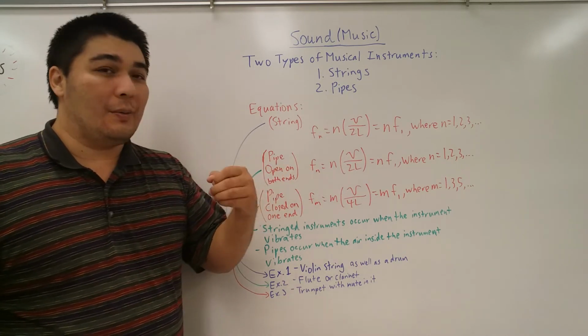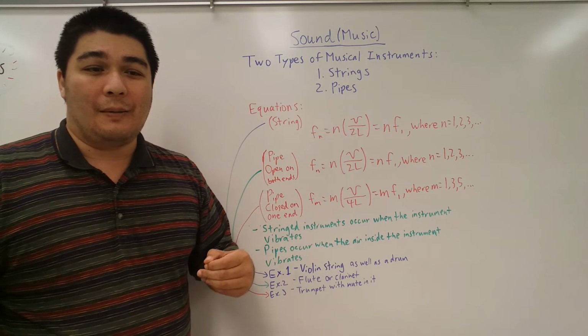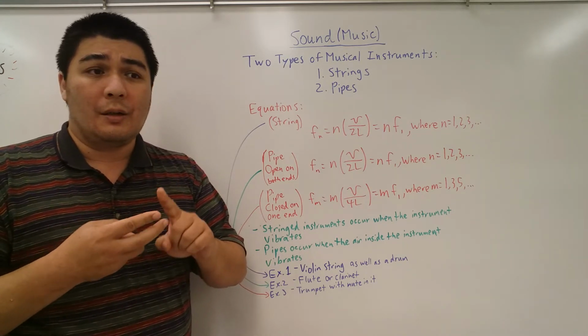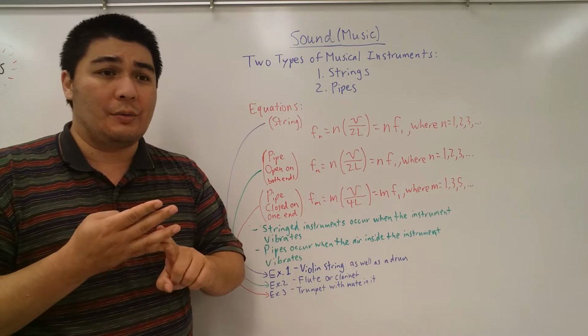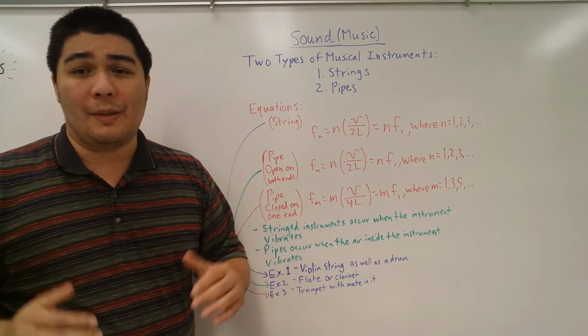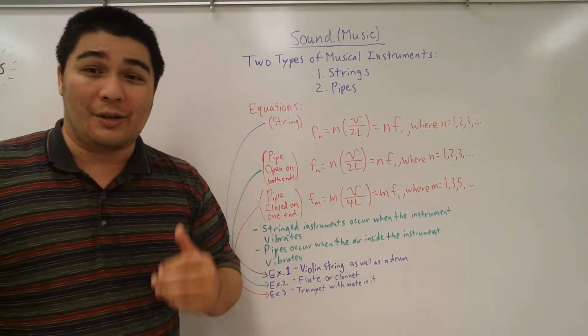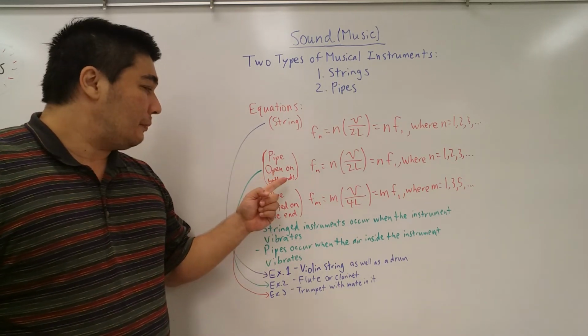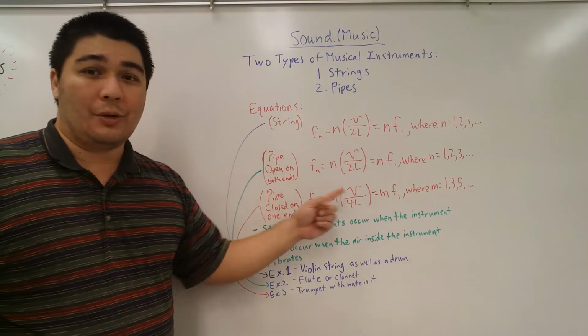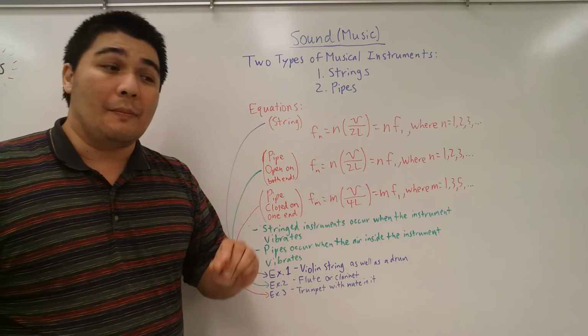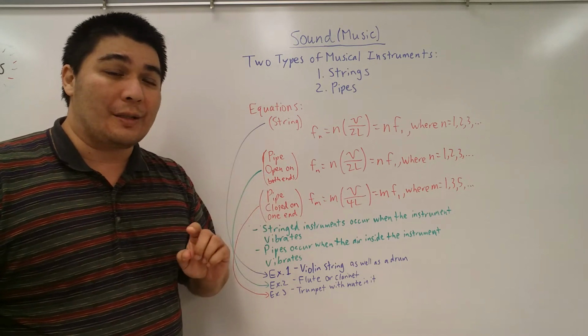What are the two types of pipes? And this includes flutes, trumpets, clarinets, bassoons, saxophones. I'm sure I'm missing a bunch, so please forgive me if I missed out on your favorite instrument. But these are just your general piped instruments. That's what you've got. There is one difference, so